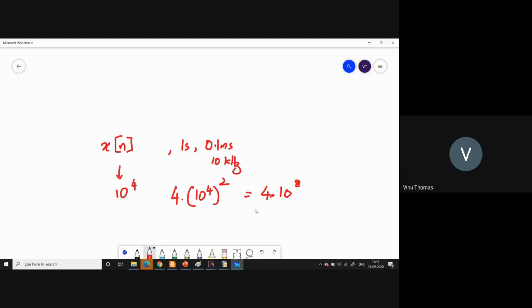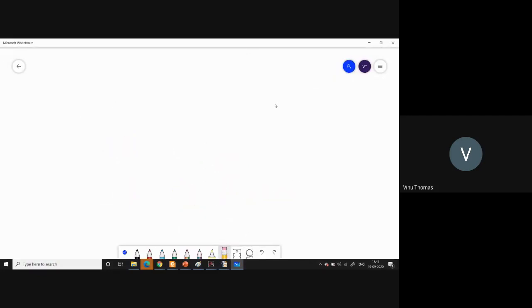It is practically impossible to compute for practical x of n. You might require a supercomputer to compute the DFT. So therefore, there is a case for fast algorithms to evaluate the discrete Fourier transform, which is what we will discuss in the next class.